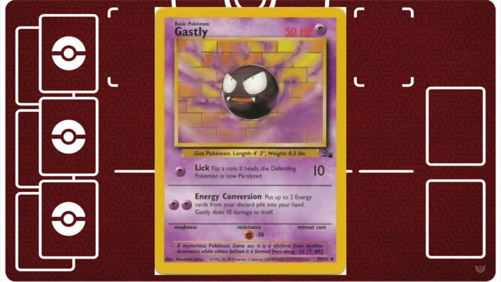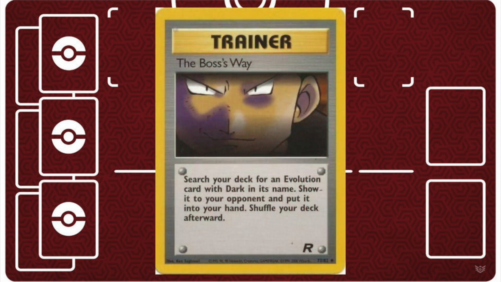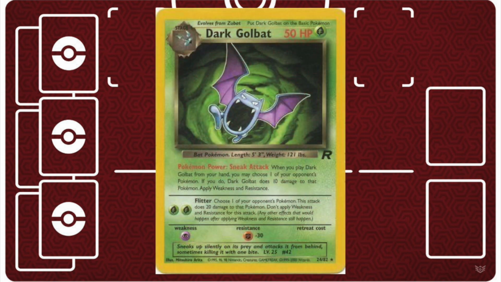For Neo On, things get a little bit weirder because you can use Fossil Gastly because it was reprinted in Legendary Collection, as was Boss's Way, so searching out your evolution cards with Dark in their name was still just as easy. The problem is that in Neo On, there is no legal copy of Dark Golbat,